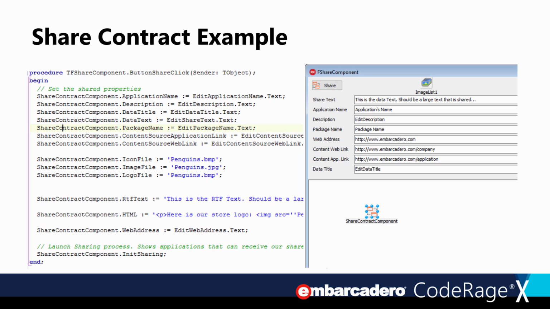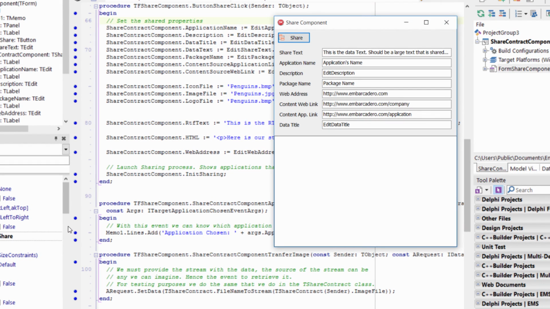Here's a share contract example in Object Pascal. It's just a matter of setting all the properties and sharing the data through the call to init sharing down at the bottom. So this is the share contract component sample that we ship. This application here, we just have editors up that we can define all the data we want to share. And then when the share button's clicked, we patch all that data into the properties of the component and then